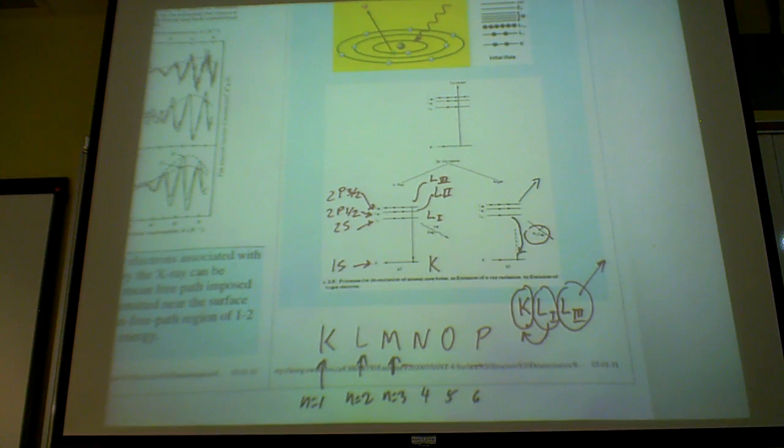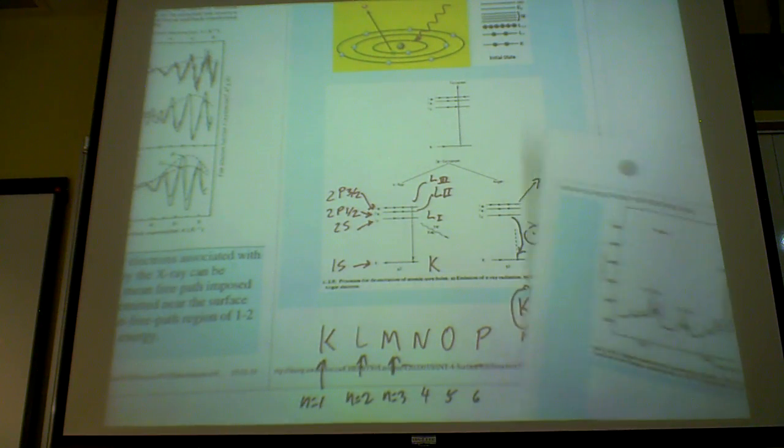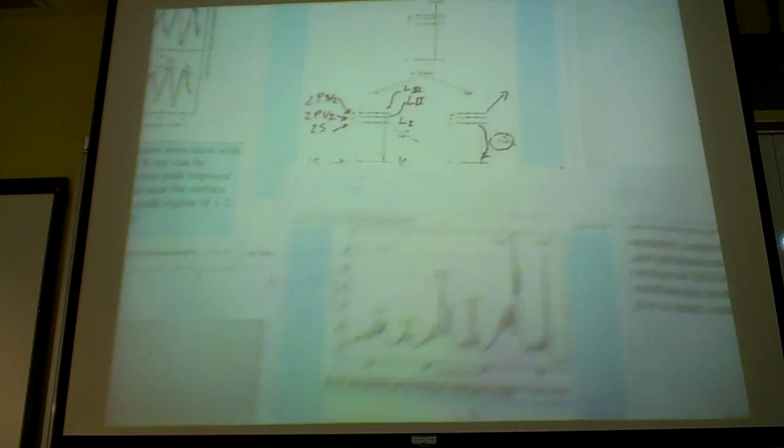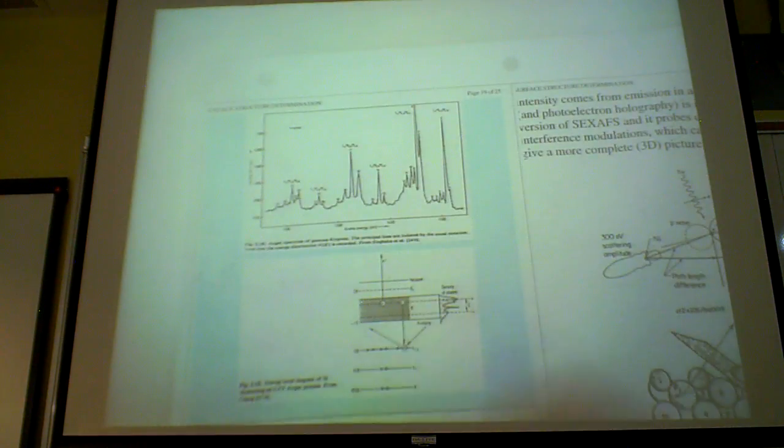Okay, so for most of the Auger lines that you recognize, the notation follows this. So you see all this labeling, and you now understand what they mean, right? So this is for clip